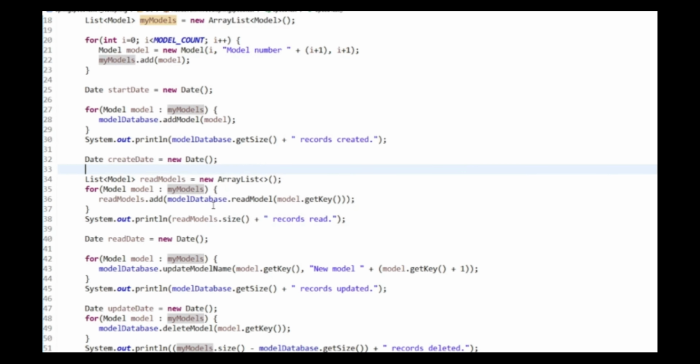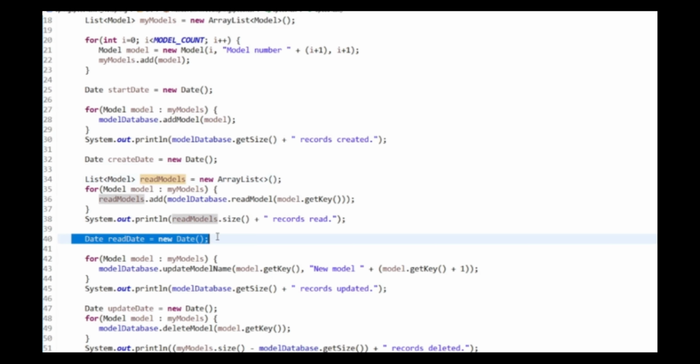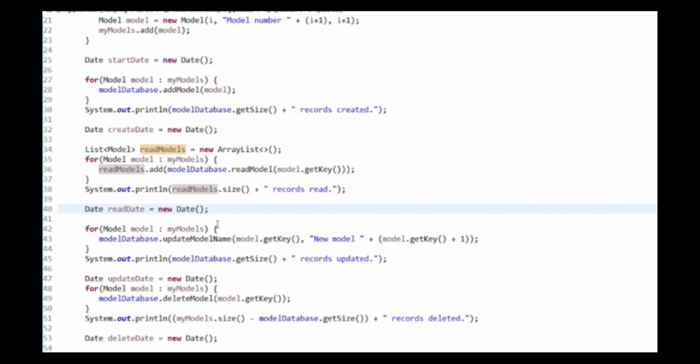Then we're going to read them back again and put them in a new list, read models. And then we'll output a message to say that we've read them all back again, and we'll record the time, the read date, when the reading is complete. Then we'll go through the models and give them a new name, call them new model, and the number, and we'll loop through the database, updating each of the 10,000 models, output a status message, and record the time the update